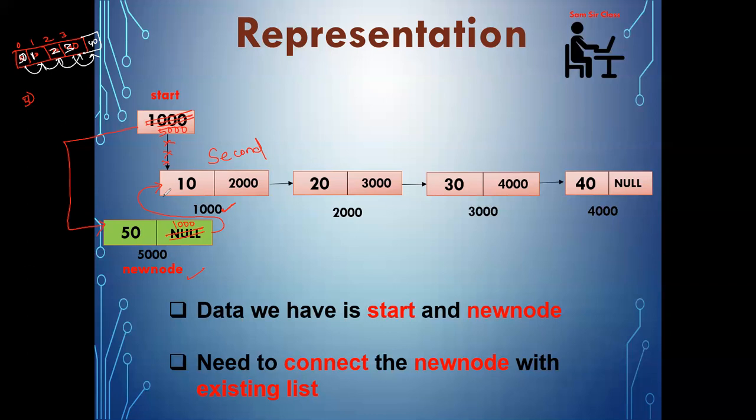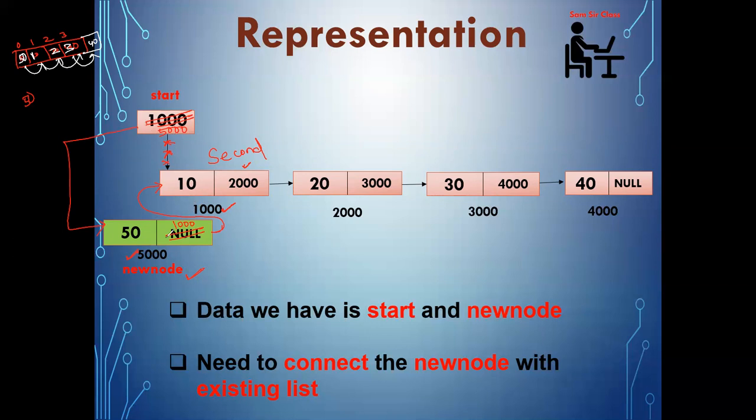Okay. So we have done a very simple thing here. My first node will become the second node. That's why in the new node's next part, I'll keep the address of the previous first node. So after that, what will happen? The new node will keep the address of the previous first node, and the previous first node will become the second node currently. And as my new node will be the first node, because we are inserting at the beginning, start will keep the address 5000. Okay. So that the previous connection will be deleted and the new connection will be established.